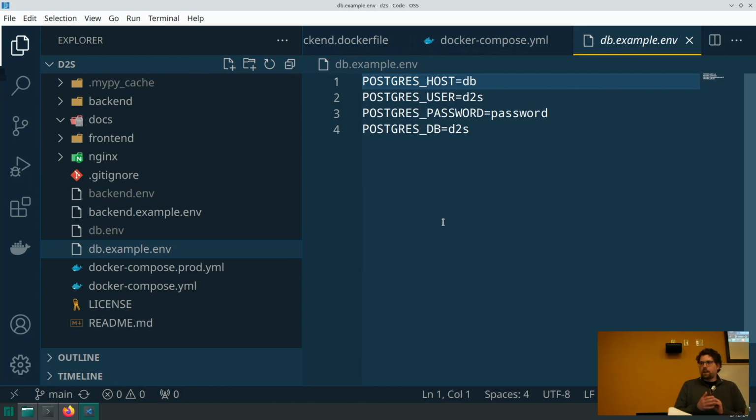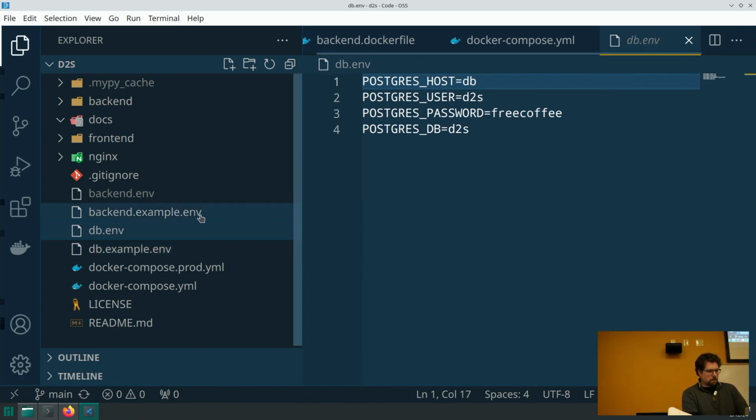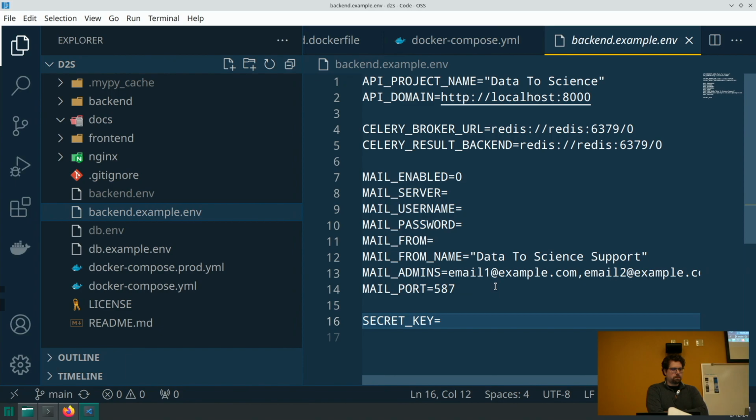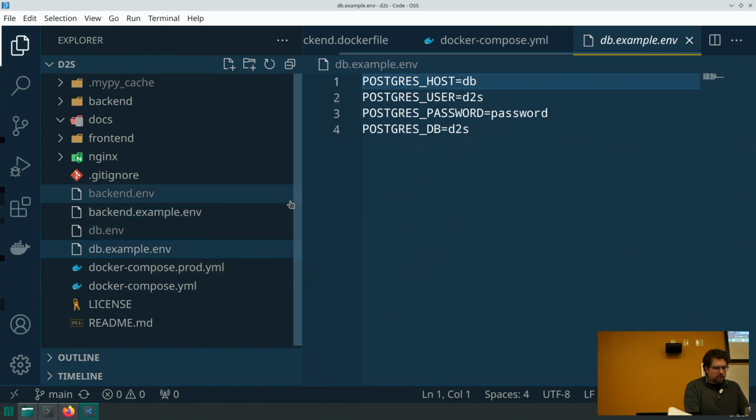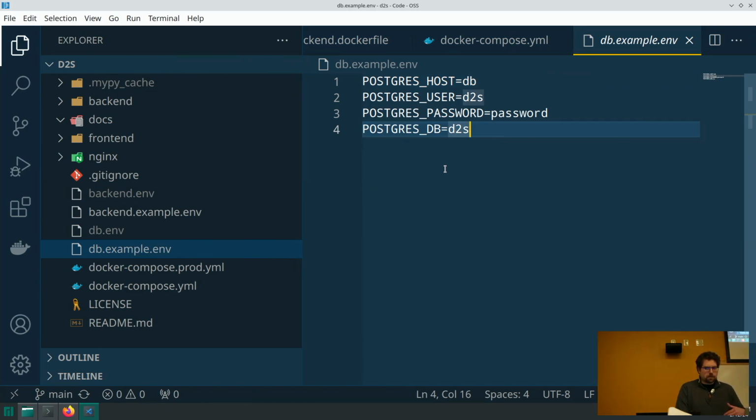Okay, and then the other environment file is our data. Sorry to interrupt. Going back to the backend example. Yes. So basically, instead of copying the example to the backend.env file, you don't have anything. You don't need to do anything today. So you need to copy it to backend.env, but you don't need to change anything inside it. It's going to be the same case for the database.example.env. You don't need to change any, just copy it to a file called db.env, but you don't have to change